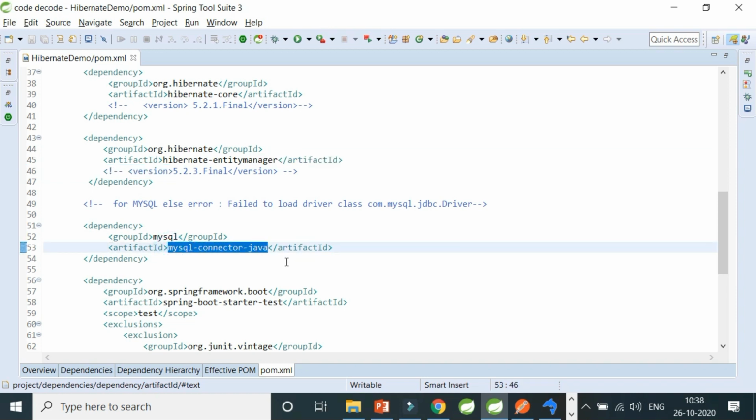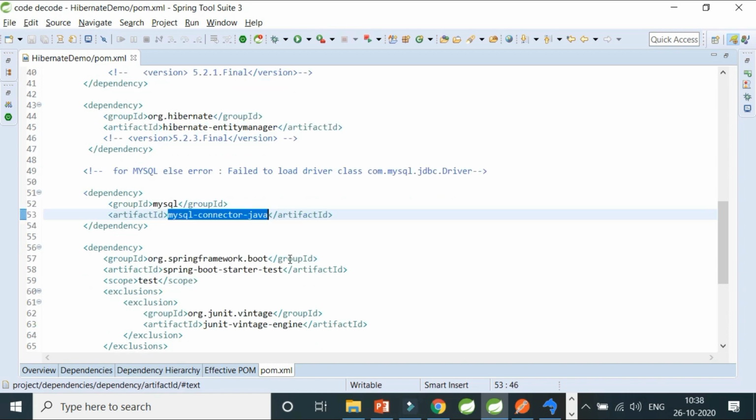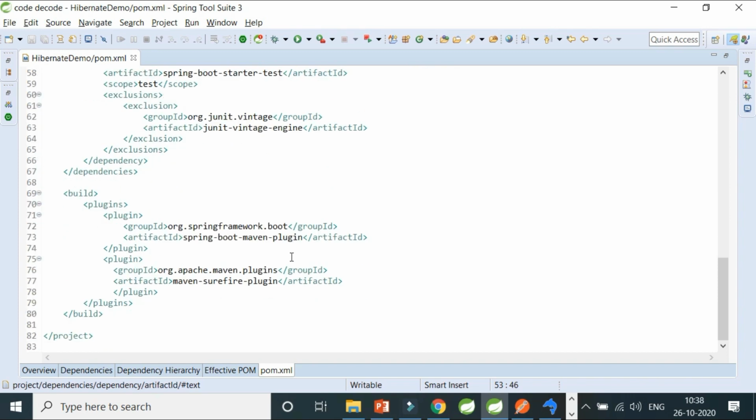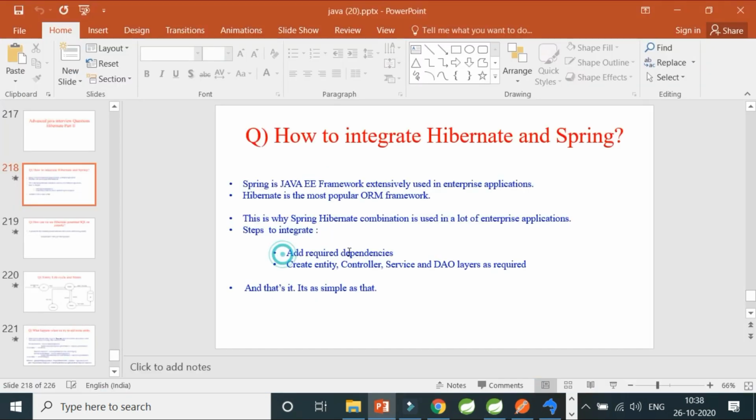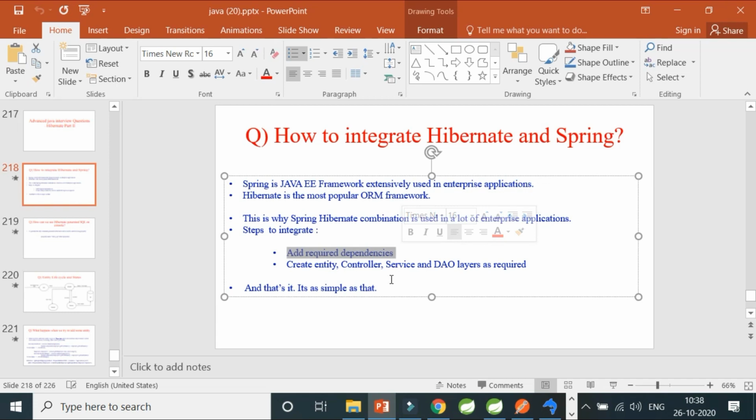This dependency helps my Hibernate ORM connect to the database and put everything which is in my entity instances into the database, or get everything that the database has into my instance and give it to you on the front end or the UI that you are viewing. So that's all I have done. So add the required dependencies.